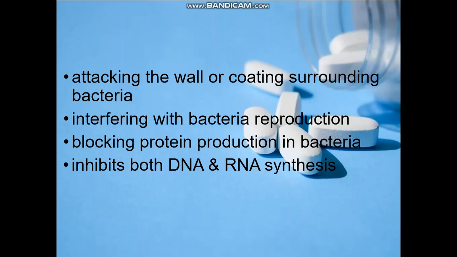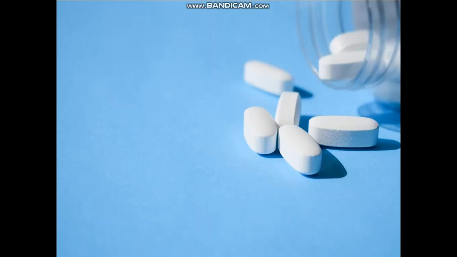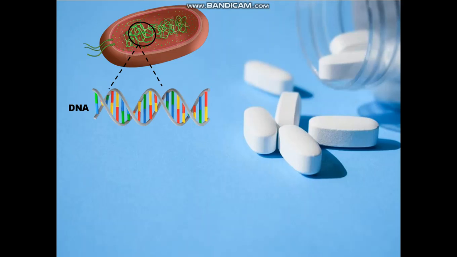But this time, we will just focus on inhibiting both DNA and RNA synthesis. So bacteria, just like all other living organisms, store their genetic information in the form of DNA. The cell uses DNA like an instruction manual, reading it to find out what parts it needs to make to survive and replicate. But first things first, in order to carry out their life processes, bacteria must convert their genetic